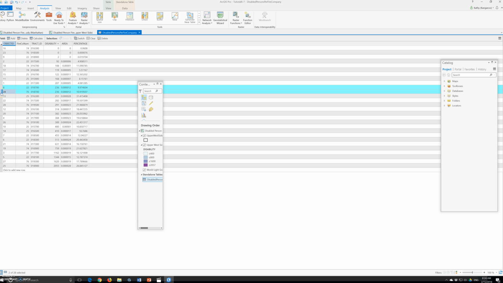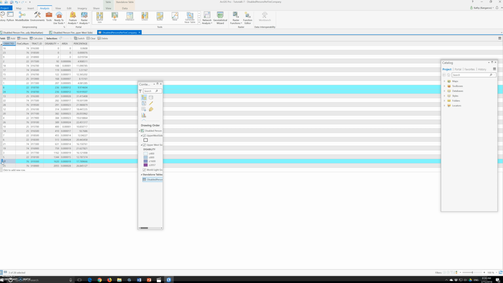and then the population of disabled persons in the tract is indeed split 50-50 between fire companies 22 and 76, with each 236 persons. Note that since the tract 10193 right here, okay, this one,